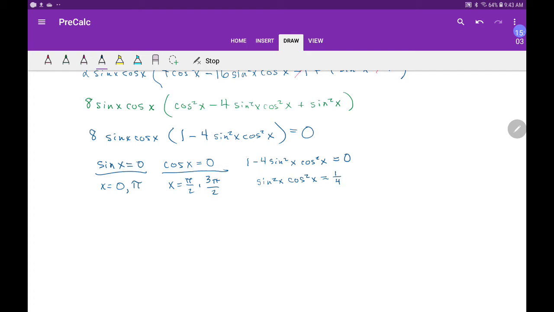When I do the algebra, I move the negative to the other side so it's positive, and then I divide both sides by 4. And then I take the square root of both sides, and I'm going to say the sine of x times the cosine of x is equal to plus or minus 1 over the square root of 2. Well, let me just do quadrant 1 here. That's my 45-degree angle. That's pi over 4 right there. Okay, so what are my solutions? Well, x would equal,